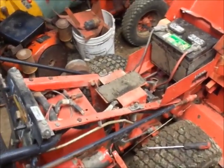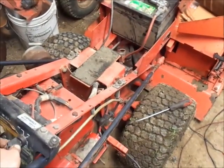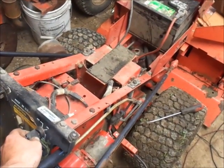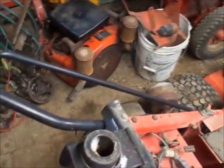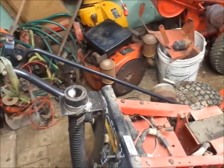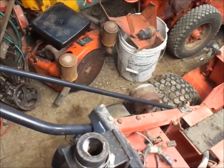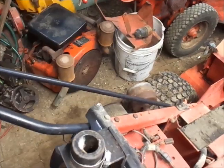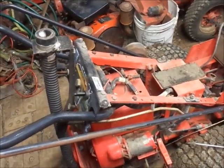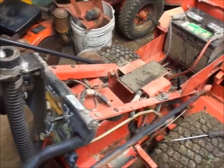Okay, take 2 with bigger and better battery. Is it puffing some kind of smoke out of the exhaust, or am I seeing things, guys? I'm thinking that's some kind of dust, but anyhow, she cranks over. So I guess now we'll just, well,